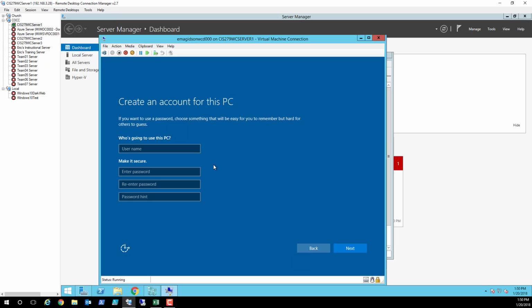And here, what it's going to want is who's going to use this PC. Now you can decide how you want your local username to be. I happen to like my first name dot last name, and here you can give it whatever kind of password you want. A nice complex password, please. Now this password hint, I'm not a fan of this password hint. You can use it if you'd like,